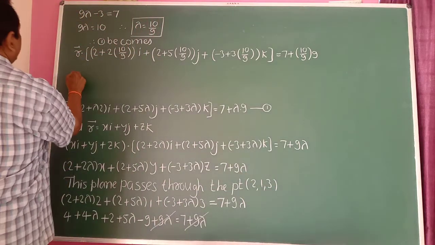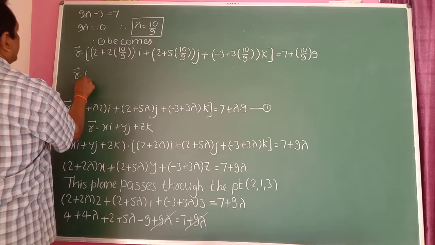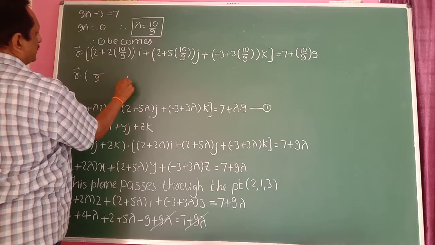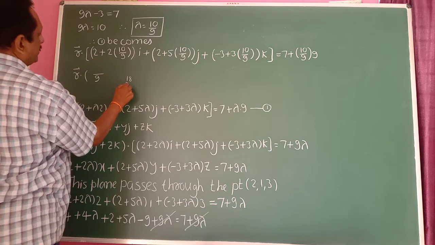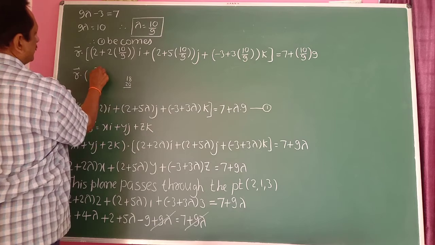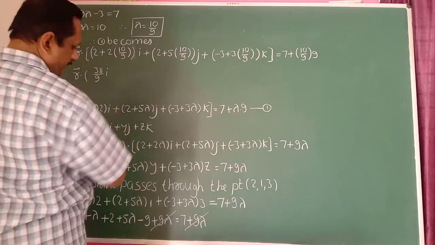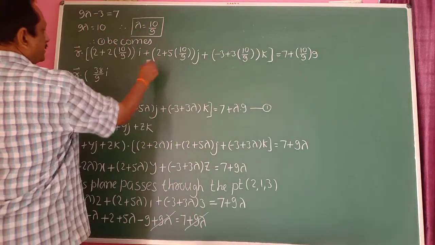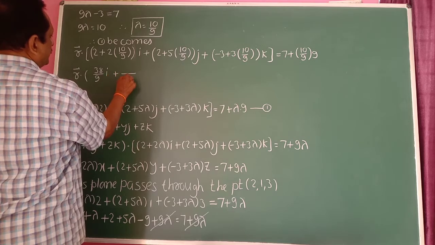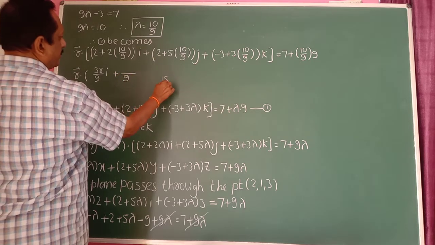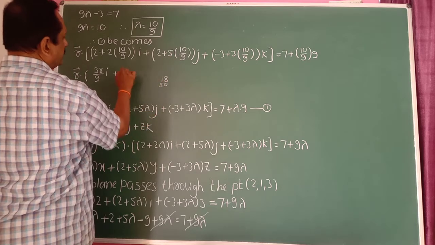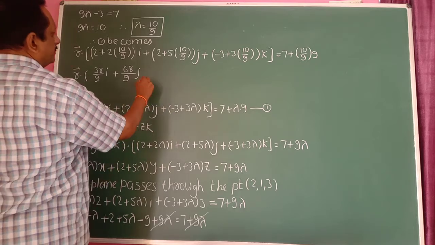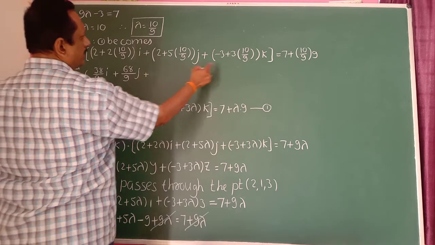Then R1 dot of. Now you simplify here. 9 is the LCM. 9 2s are 18, 10 2s are 20, so it is 38. 38 into I, okay, it is 38I here. Then again 9 is the LCM. 9 2s are 18, 10 5s are 50, so it is 68. 68Z. Then plus, 9 is the LCM here.